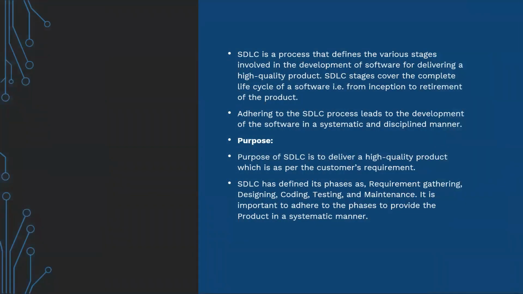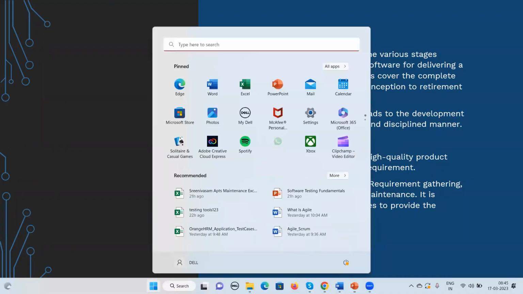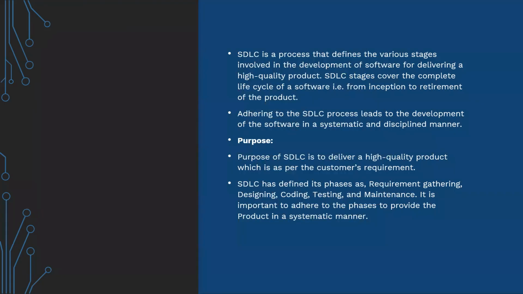So SDLC is a process that defines the various stages involved in the development of software for delivering a high quality product. Okay, so here we have different stages, from inception to the retirement of the product. So retirement is like delivering the product, moving it to production. Okay. So what generally happens in case of real time is like,